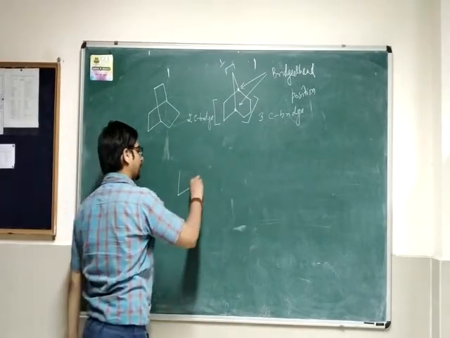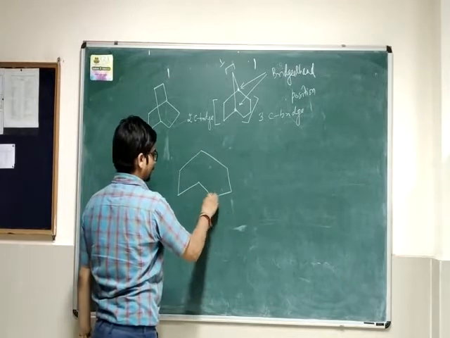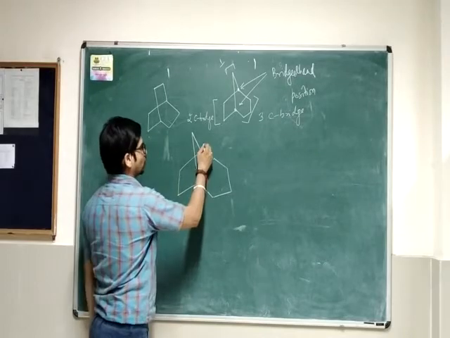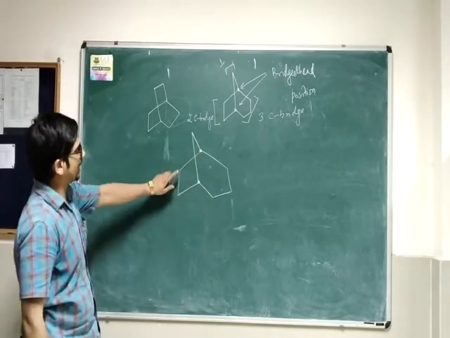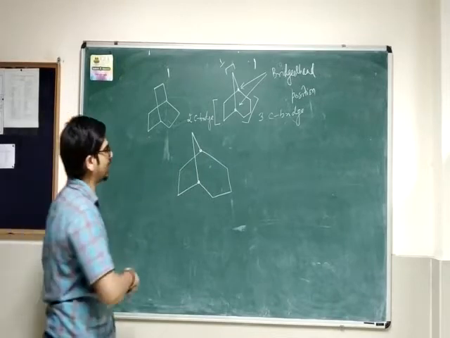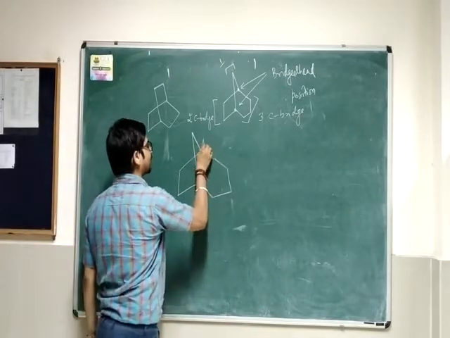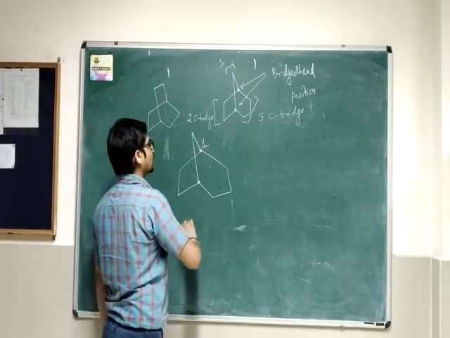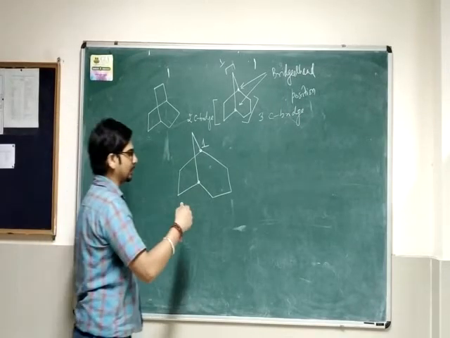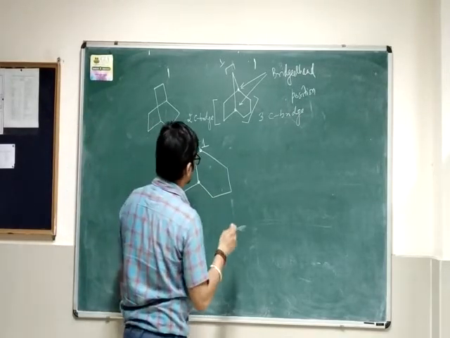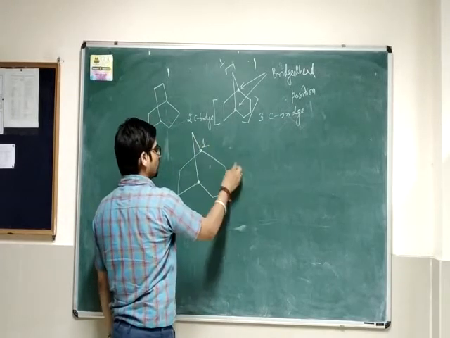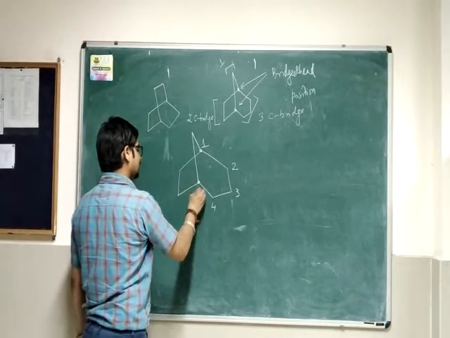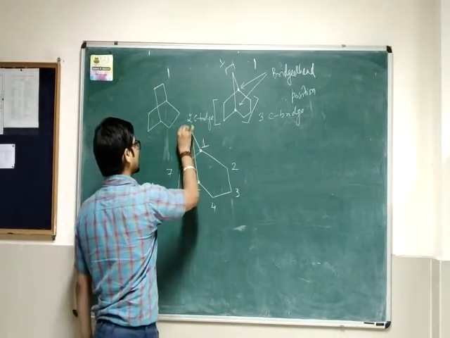Now how will we number this system? The numbering should start from a bridge head position. In this example you can see both the bridge head positions are equivalent, so we can start from either one, from here or from here. Now we move towards the bridge which contains the greater number of carbon atoms. So in this way we move 1, 2, 3, 4, 5, 6, 7, and